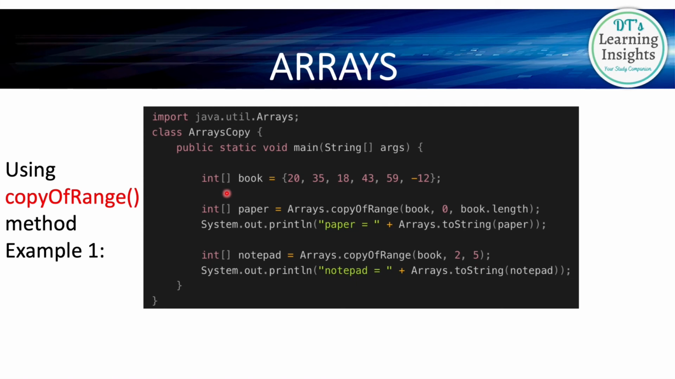We will see how the copyOfRange method can be used for copying arrays. Once again, we are creating a 1D array called book with these elements. According to this statement, we are creating a 1D array called paper and copying the elements from this array called book at the same time. So we are not creating the paper array before calling the copyOfRange method. And then we are printing out this array. Similarly, we are creating another 1D array called notepad and copying elements from this array called book. But elements are copied starting from the second index up to the 5th index, and they are printed out